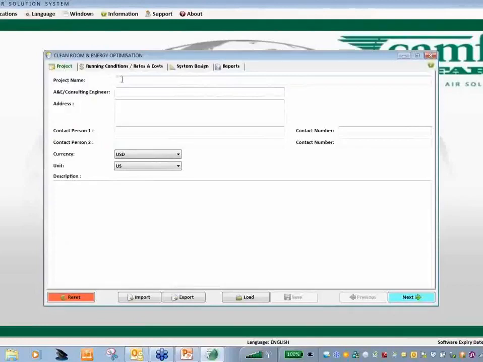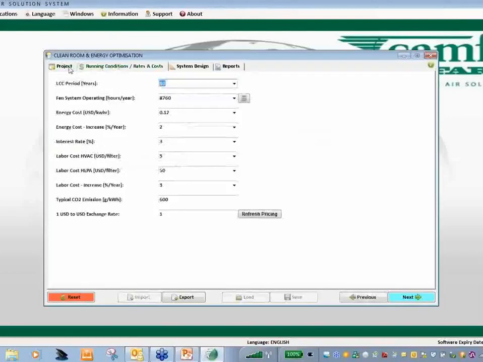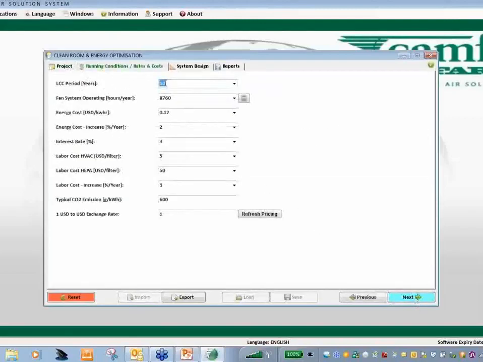Okay, so this is fairly standard stuff. You have the project name, consulting engineer. I think a lot of you online are consulting engineers. If you're working in a different country or a different currency, you can change that to multiple different currencies, depending on where you are. You can either hit the running conditions here or just go to next. So if we click next,